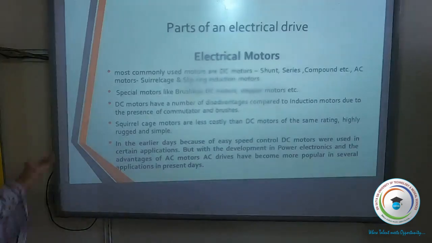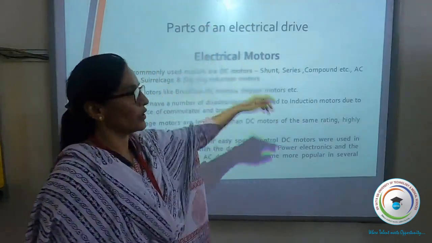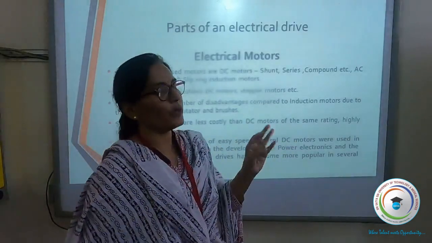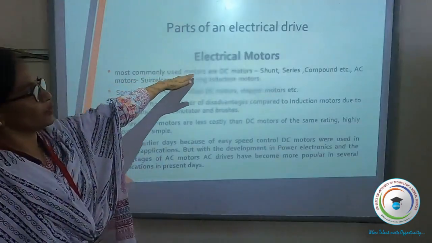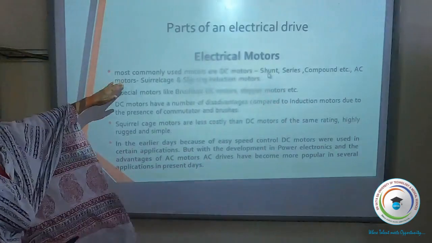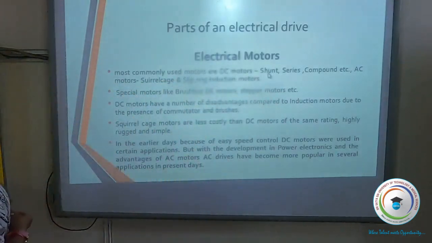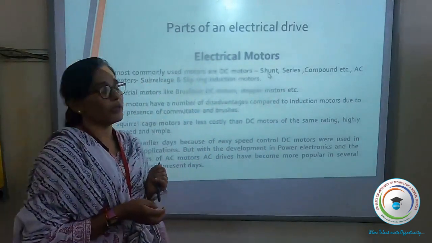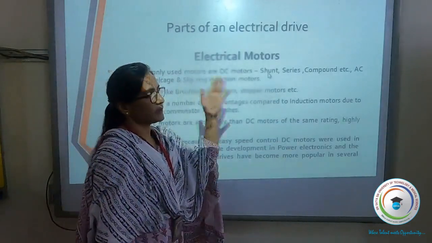Now coming to the third part of an electrical drive system, which is called electrical motors. Electrical motors can be any type of motor: DC motor, AC motor, or special type of motor. The most commonly used motors are DC motors, shunt, series and compound, then AC motors, squirrel cage and slip ring induction motor. Apart from these two main motors, we have special types of motors like VLDC motor, brushless DC motor, stepper motor,